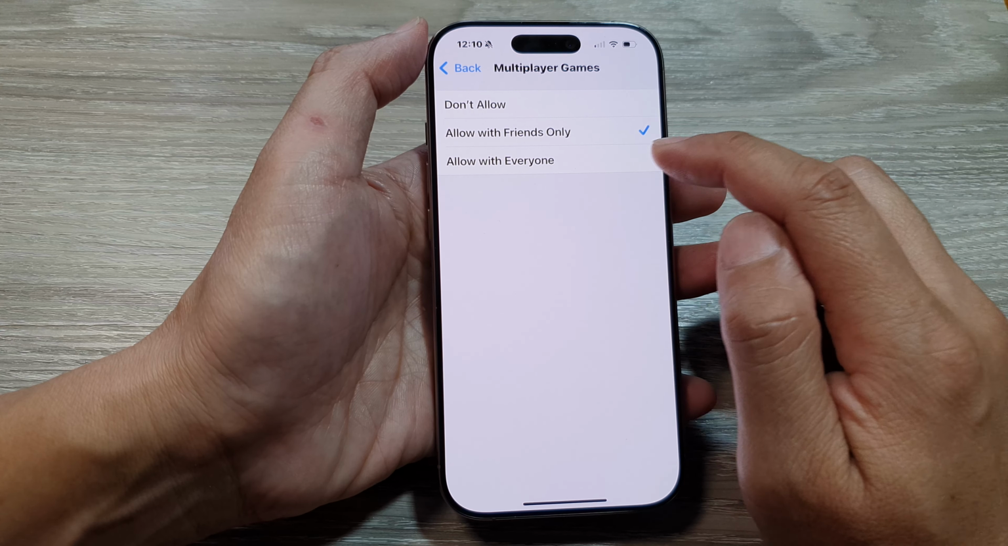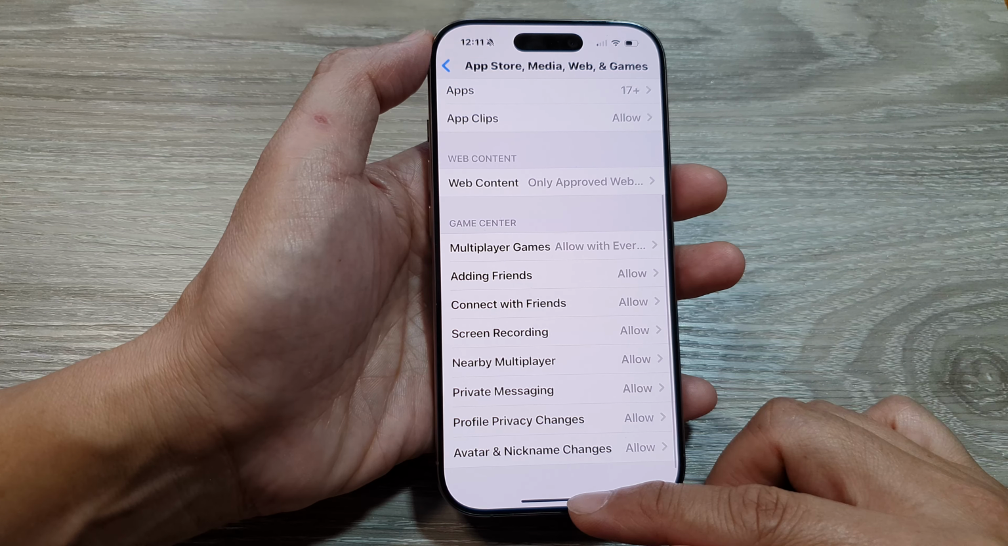And that's it. After, you can tap on the back key or you can swipe up to go back to